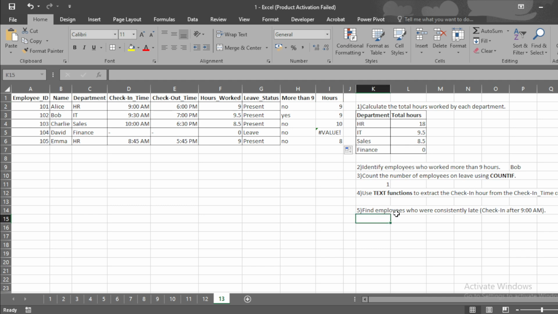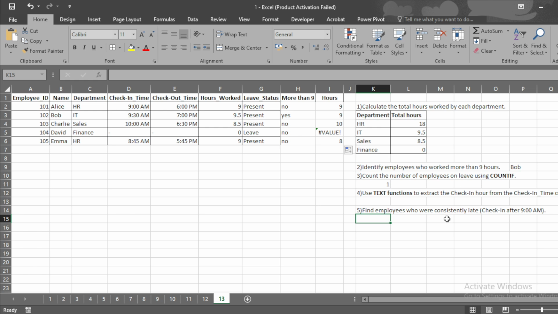What is our next question? In this question, we have to find the employees who were consistently late, whose check-in hour is after 9 a.m. In an organization, HR wants everyone to be present on time, so that they ensure punctuality and work is not affected because of continuous late arrival. If some employee comes late sometimes, then it is okay.